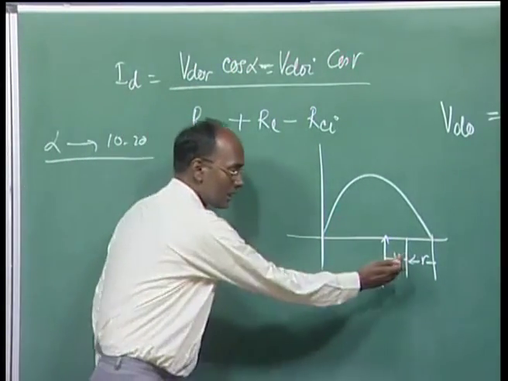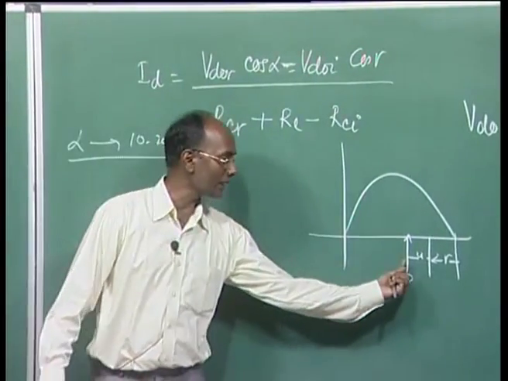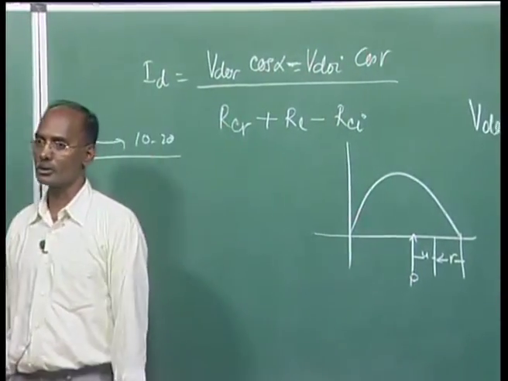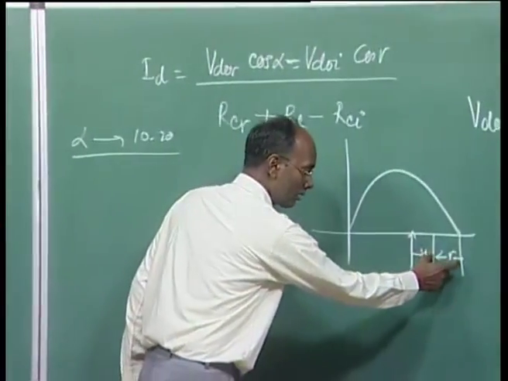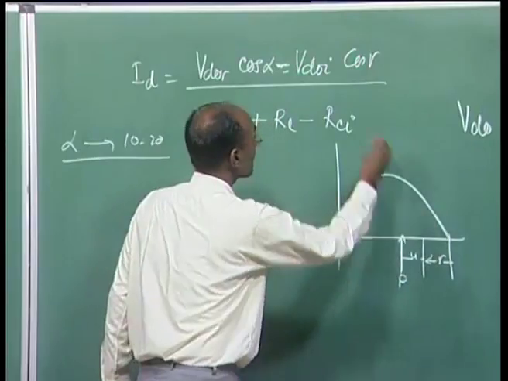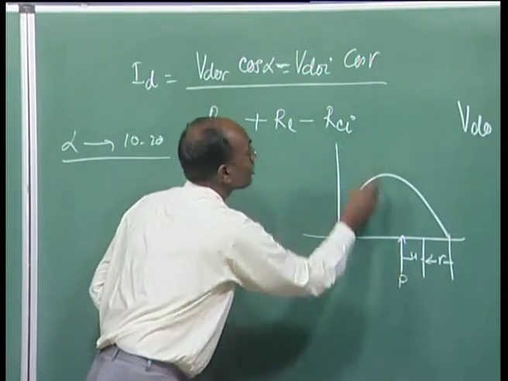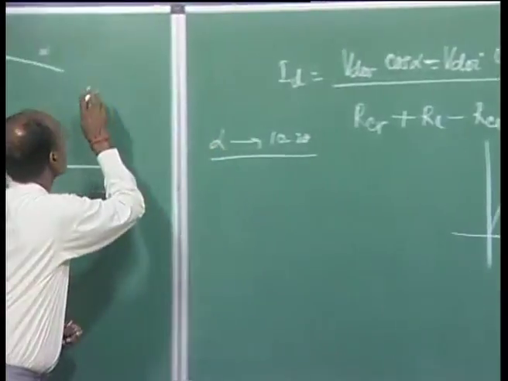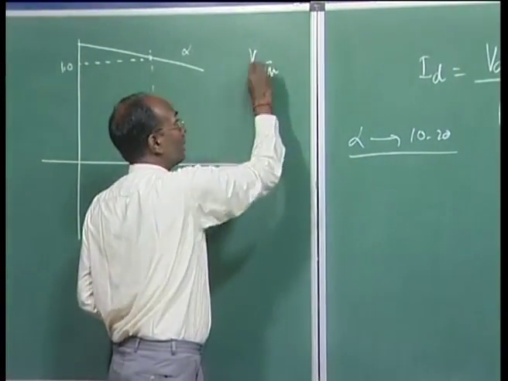So you can increase the gamma here, but if you are increasing gamma, it means your firing angle is also shifted and the power factor is deteriorating. So this is maintained at the minimum. It is possible that we can go for more gamma here, but it should also have a certain limit, that is, the gamma minimum should be there.